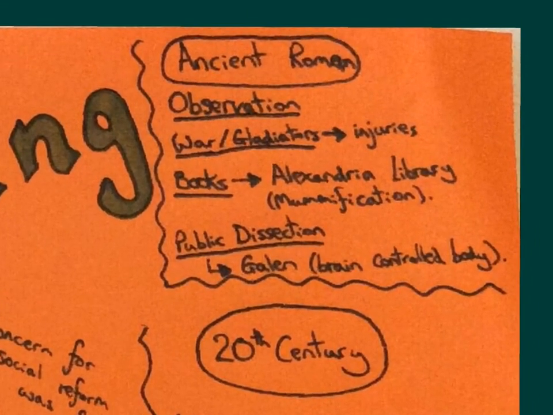So in ancient Roman times, observation was a key method of figuring out your medical knowledge. So for example, Hippocrates in ancient Greek times had already said that people should observe their patients, watch them and note down their symptoms and pass that information on so other doctors can use it. And that continued in Roman times with people like Galen also suggesting that everyone should use observation and watch their patients to see what was wrong with them.